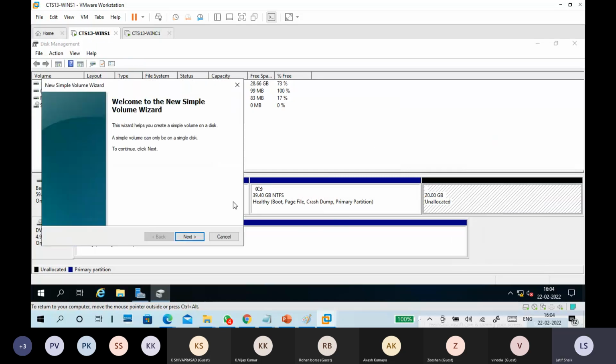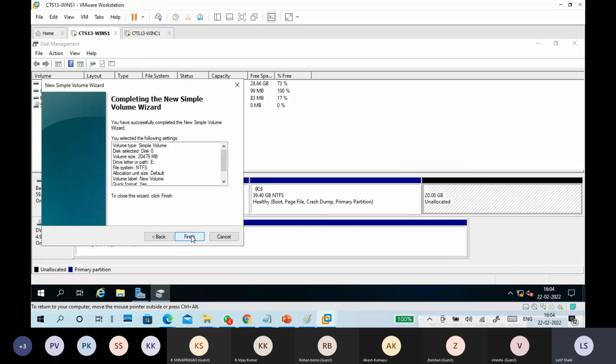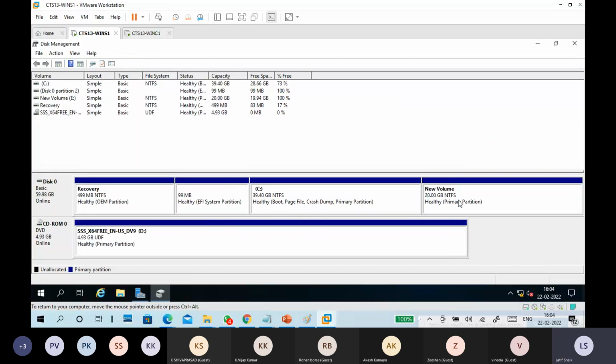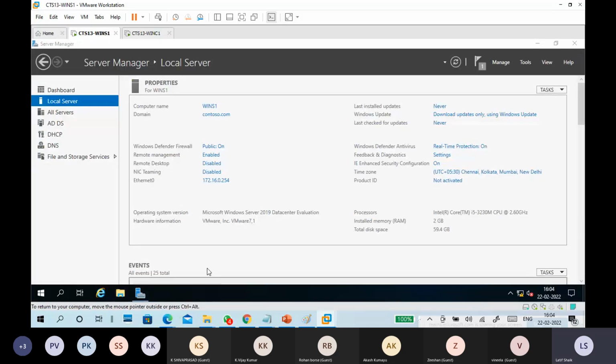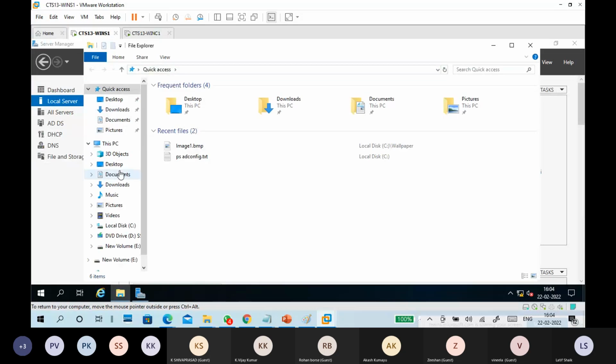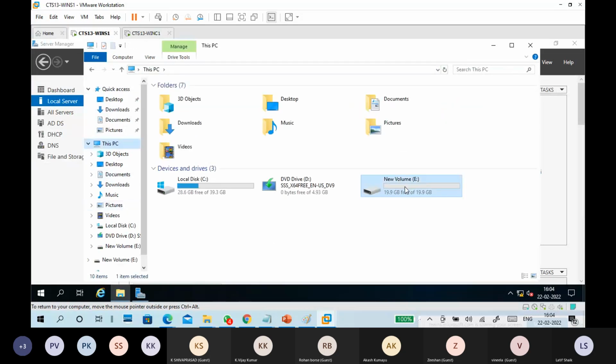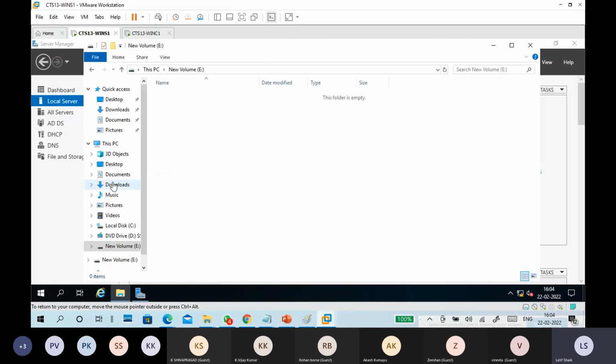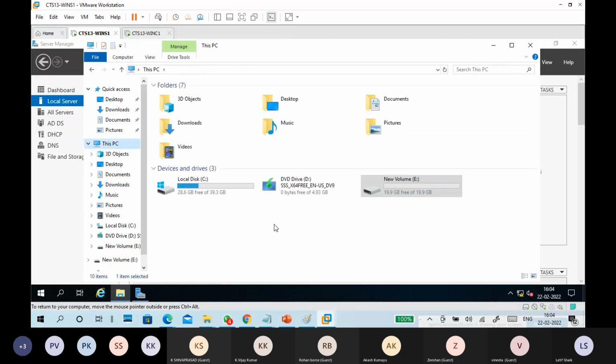I take 20 GB as a single volume, so I don't do any other things. Simply 20 GB volume. I just need another drive, E drive. Okay, I got an E drive. So go to this. This is E drive.